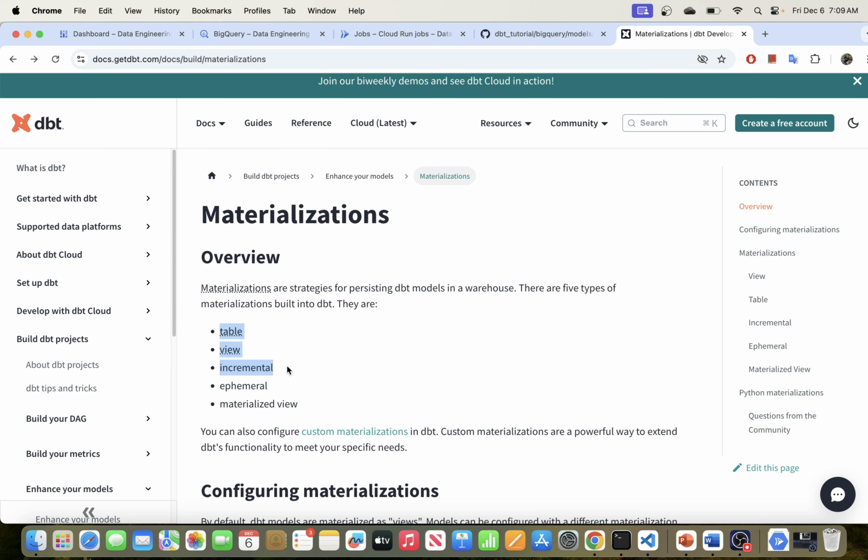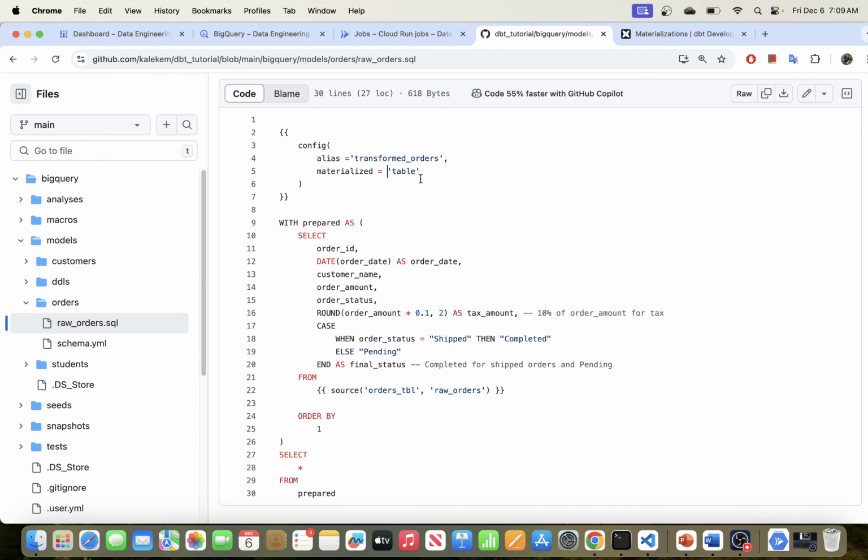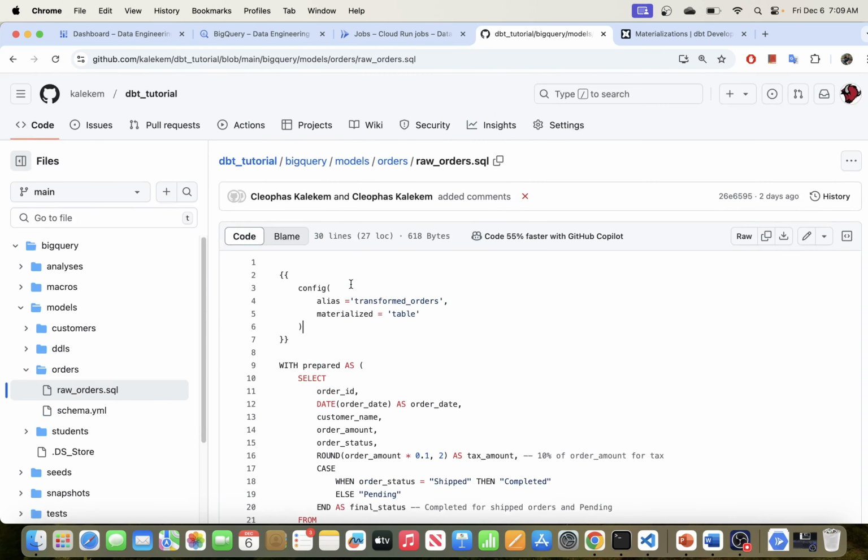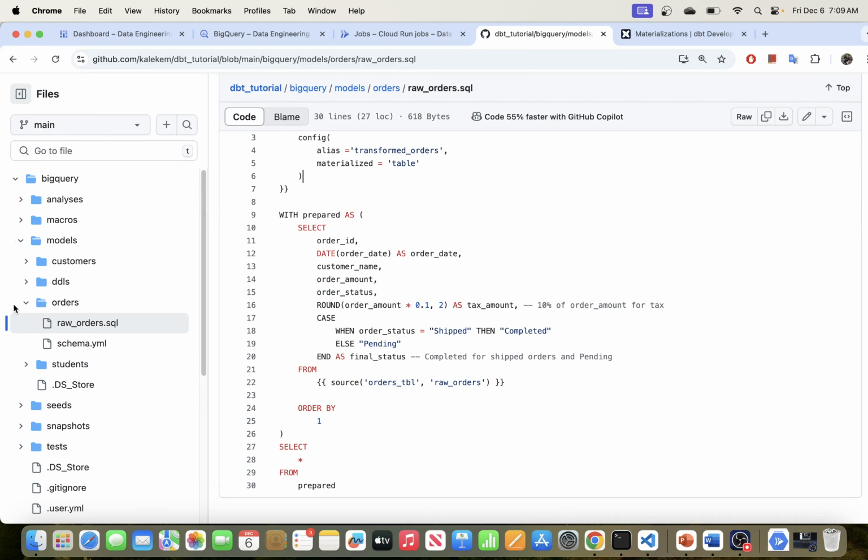And I have done a number of videos on this, so if you want, you can take a look at those videos as well. But in this video, we will be materializing this as a table. So that is the only model that we have. Don't worry about the rest of these other ones. When we run our model, we will not be including the rest of these other ones. So this is the model that will be running in this